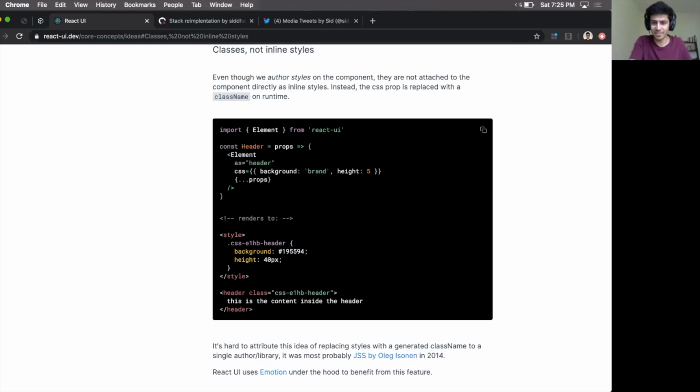Because that's how you think, right? I'm writing this header, but this header component should have this much margin. So I want to put that on the header component itself, the place I use it, and not somewhere hidden. Or I don't want to create a new component, like a header on homepage, which extends the header and adds extra margin.